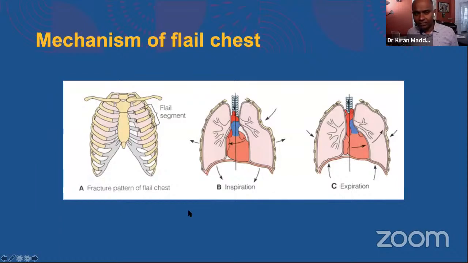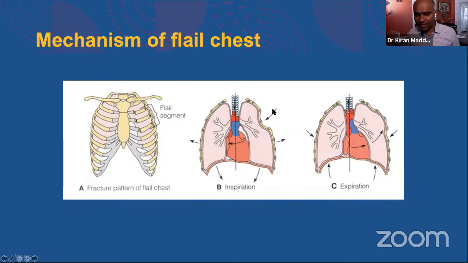So what is the mechanism of a flail chest? This is, I mean, more than 5 fractures, or at least sometimes even 3 or 4, if it is a segmental fracture, I try to diagnose flail chests on the radiographs. So paradoxical respiration. What happens is when the patient inspires, the lung volume increases and the chest wall